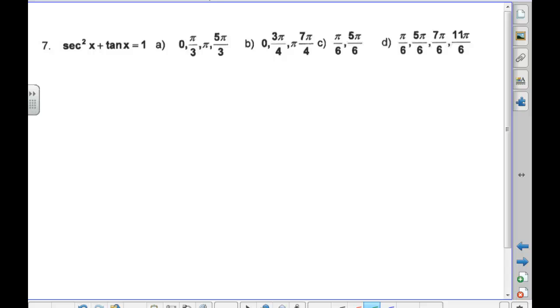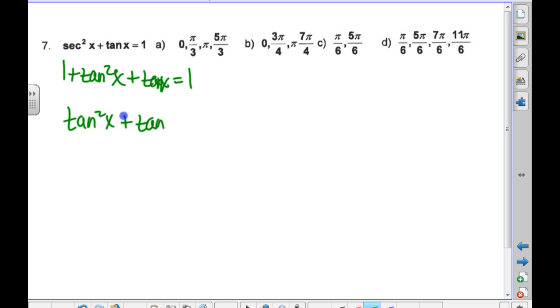We could do this the same, I think, just to be different and talk about another way. You could graph this for sure and type in your choices. But I think secant squared is a trade that we could do here. Secant squared is 1 plus tangent squared, and then it says plus tangent of x equals 1. If I subtract 1 from each side, I'll have tangent squared of x plus tangent of x equals 0. If I factor out a tangent of x, since they're multiplying to make 0,